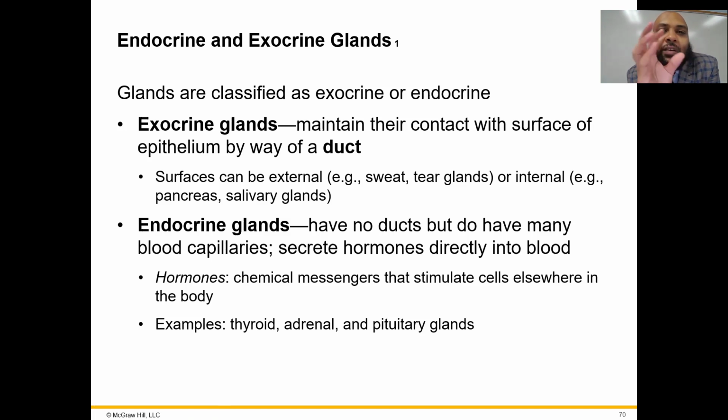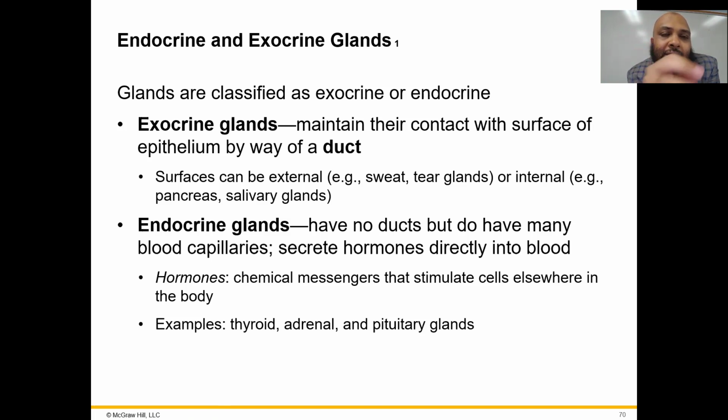But if a gland secretes its content not into the blood but into a duct, then it is an exocrine gland. The pancreas also secretes some of its content, like trypsinogens,